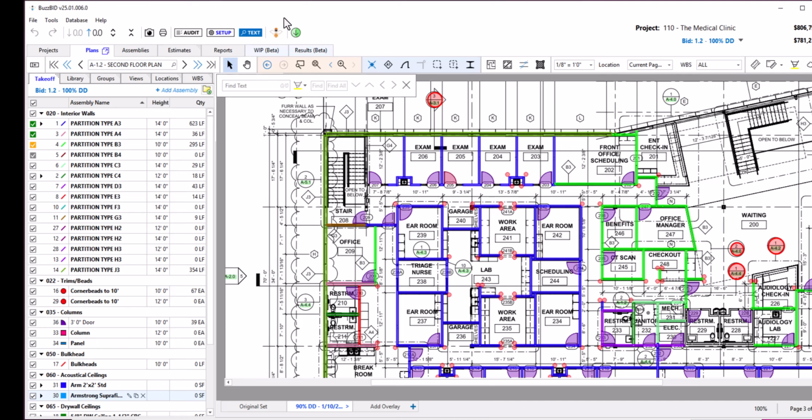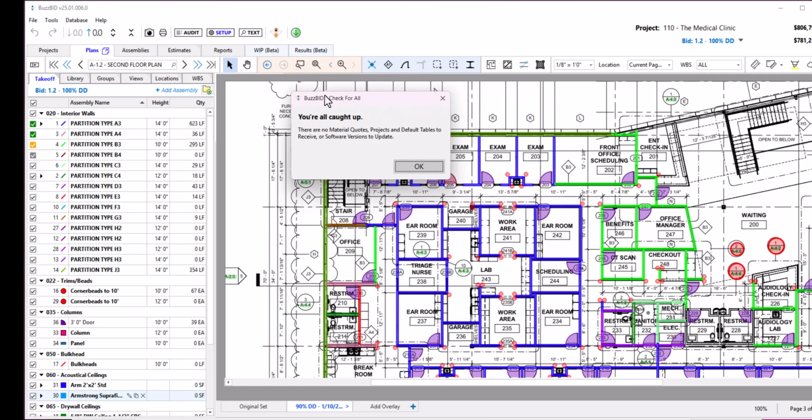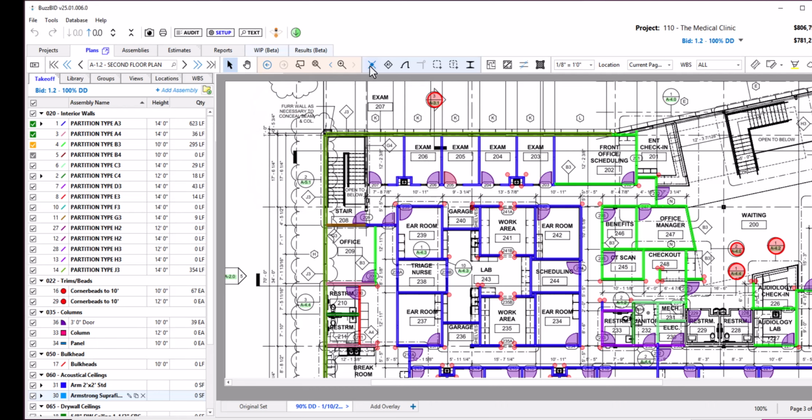The B icon launches your customer center, followed by the download icon, which will check for any new projects, material quotes, or software updates. BuzzBid checks this every 30 minutes automatically, but clicking this will check at any point between the auto 30-minute check-ins. Over to the right, we have the bid navigator that allows you to switch between bids,